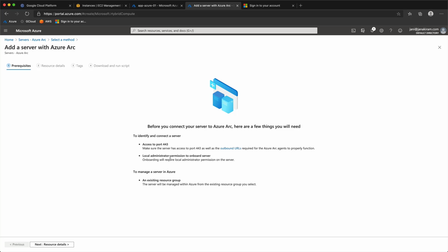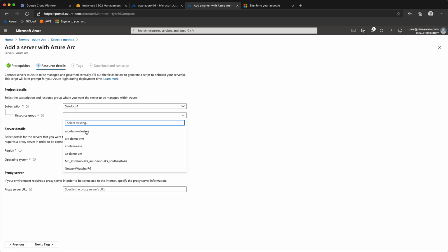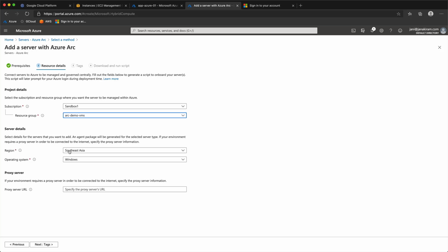Then we click on Resource Details. I already have a resource group called Arc Demo VMs, which I created exclusively for all Arc enabled servers and VMs. So I'll choose that resource group, and then I choose the operating system.